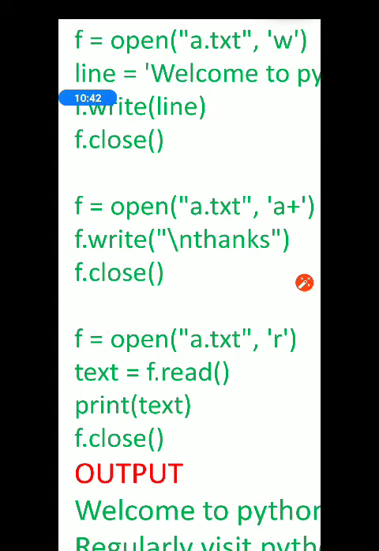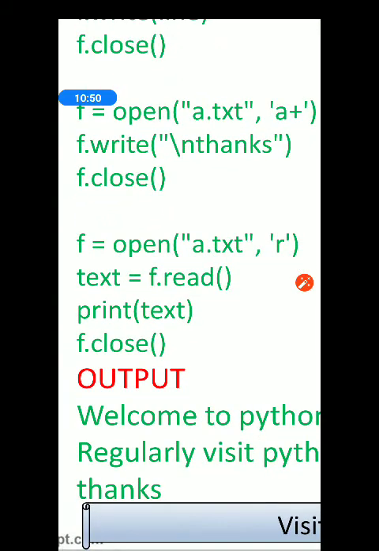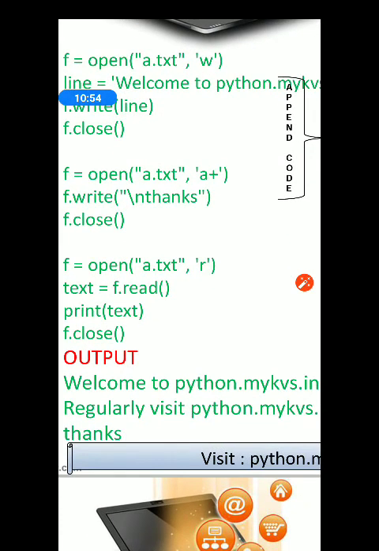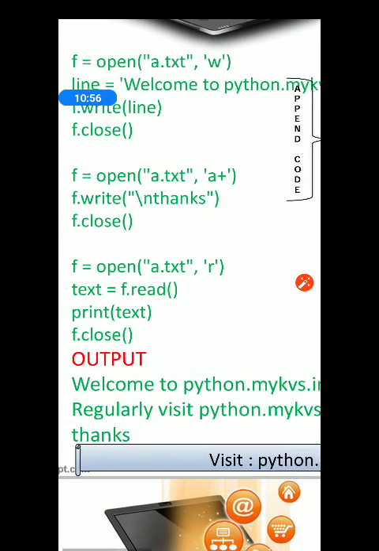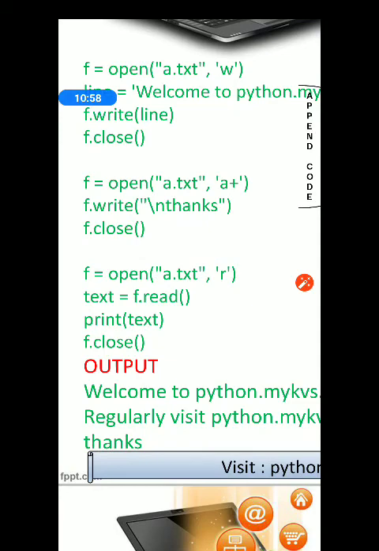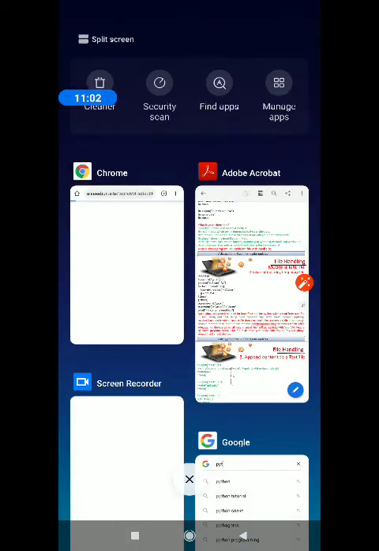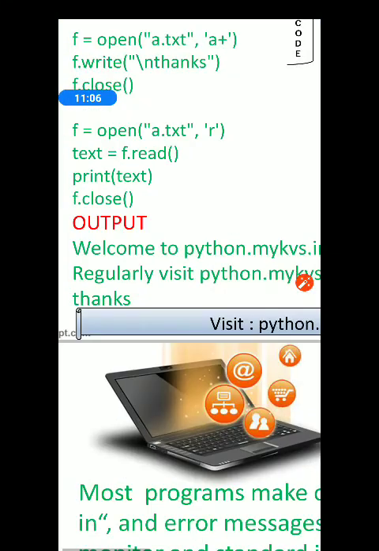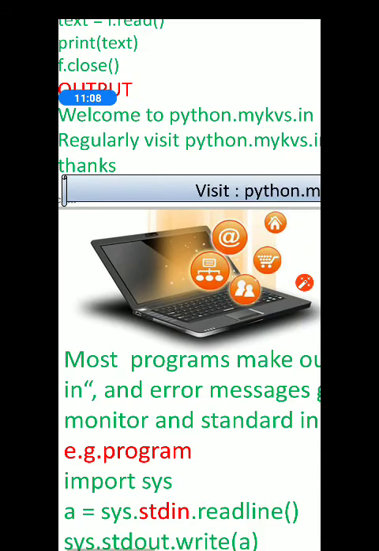We are reading it into a text variable, and then we are printing this variable, print text. Then don't forget to close the file again. So you will see the content here. So this is the easy way to write. This is all about append mode.